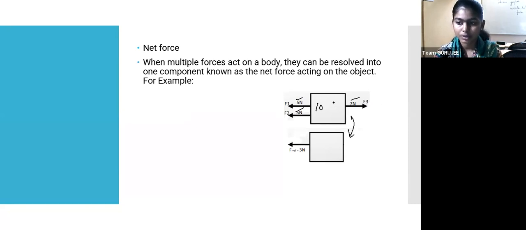And here, in the opposite way, 7 Newton of force is being applied. So from this 10 Newton, as they are opposite, 7 Newton will be subtracted and the remaining 3 Newton only will be acting on this side. So we can omit all these and write 3 Newton. This object will be moving with a force of 3 Newton in this direction only. So this is what your net force is.